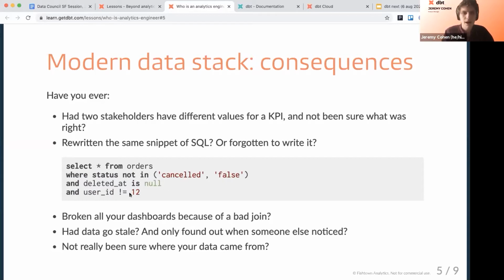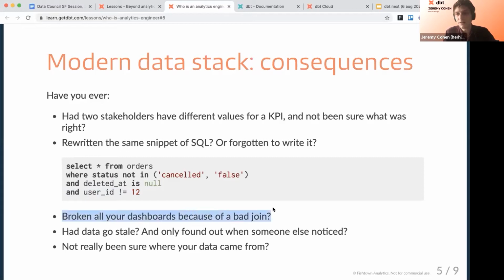Okay, good. Oh, actually, one of our QA people has user ID 12, and they just go in and try to break a bunch of things all the time as often as possible. Maybe it's even the CEO on the weekends, so we need to ignore their orders as well because that's noise. If any one of these is something we forget to write in every single dashboard or report or ad hoc query that we pull for the person who sits down the hall from us, we're going to end up with a wrong number in the sense that we'll end up with a different one from everybody else's.